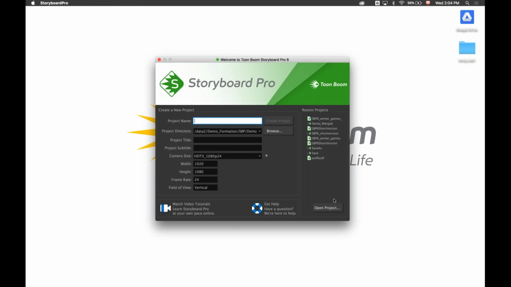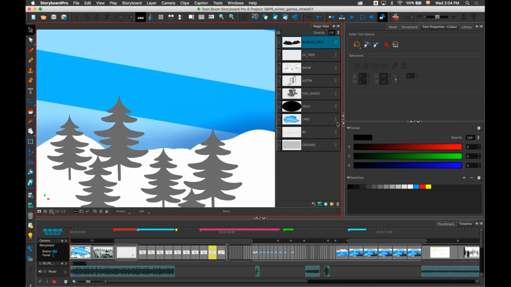We have the ability to have more video tracks now in the timeline, so not just the panel track. We have the ability to have video tracks where you can import videos, or you can also import images to use backgrounds that span across multiple panels.